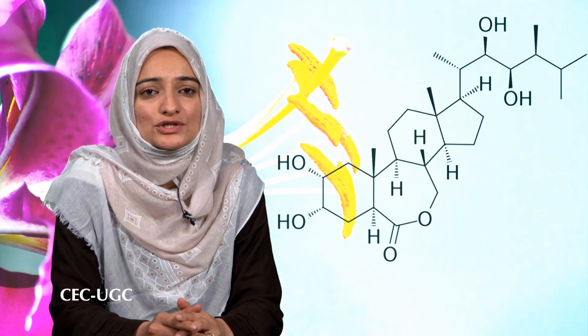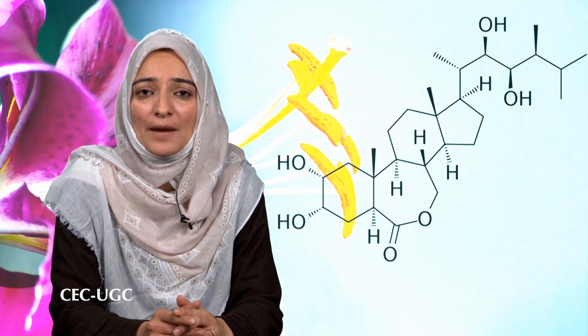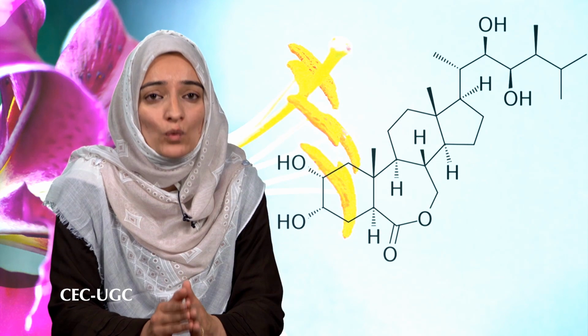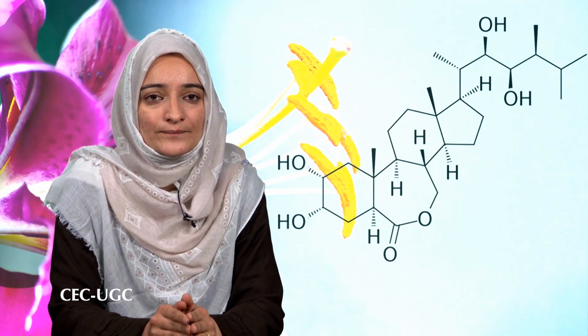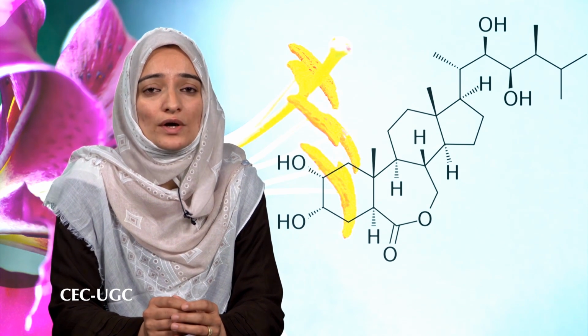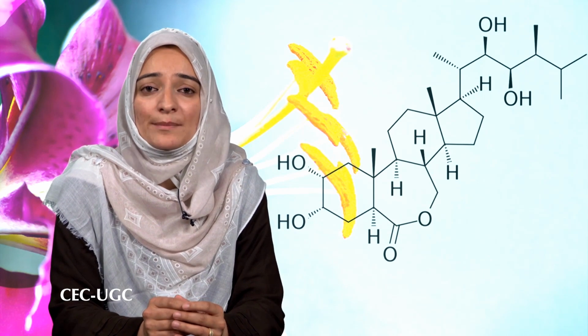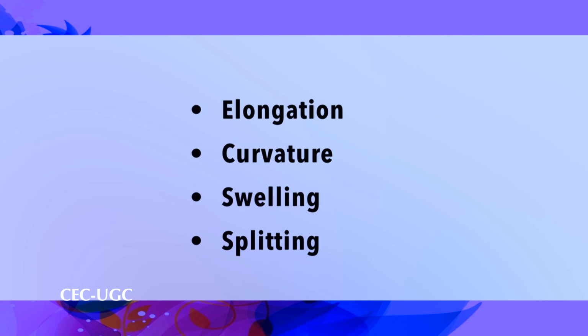Gibberellic acids are active in this bioassay, but cause only elongation of the treated and upper internodes. Brassinosteroids, for example brassinolide, characteristically evoke elongation accompanied by curvature, swelling and splitting. Such a response is sometimes referred to as the Brassin response. Its magnitude depends on the brassinosteroid concentration. Thus, in the bean second internode bioassay, the brassinosteroid response is elongation, curvature, swelling and splitting of the treated bean